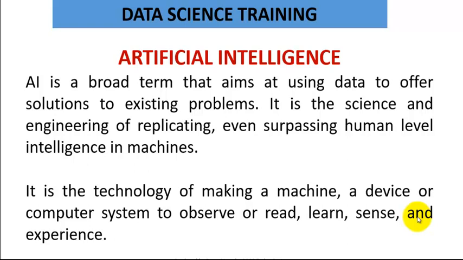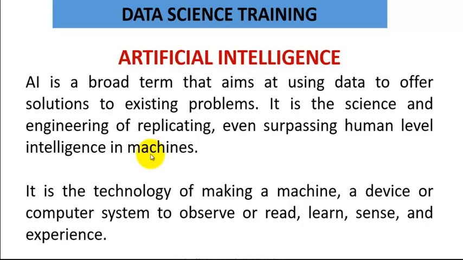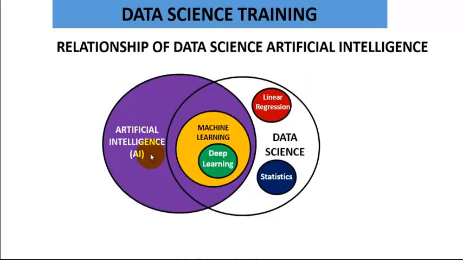There are many areas of application of AI. We have a course on our portal that deals with artificial intelligence, so we can't be talking much about AI here. But let me go back to this diagram, so you have an idea of what AI is now. In AI, we try to make machines, devices, systems surpass human level intelligence, to think, to learn, to sense, to read, to experience, to sense the environment and even make decisions.